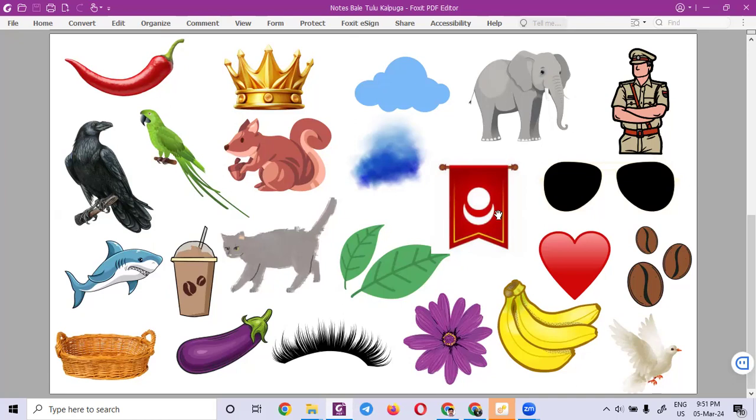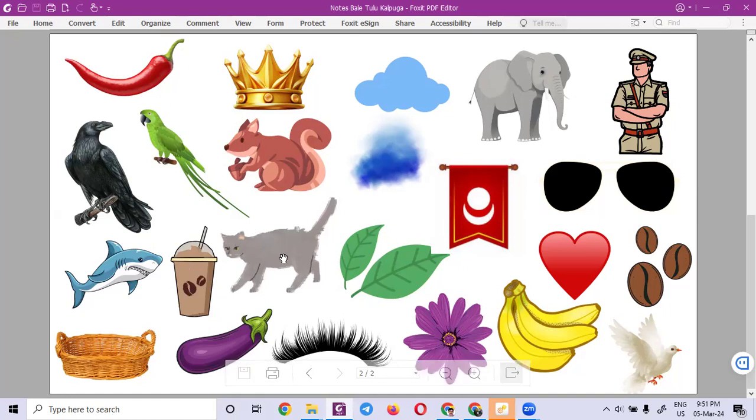Kadu and telpu. Kandu color. This flag, kempu and white. This line is manjal. This spectacle, full glass black. Okay. Blue whale. This is the blue color. Means neeli. This one coffee. Coffee color.